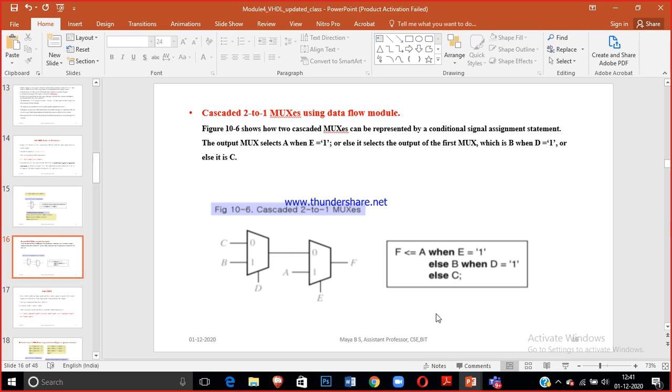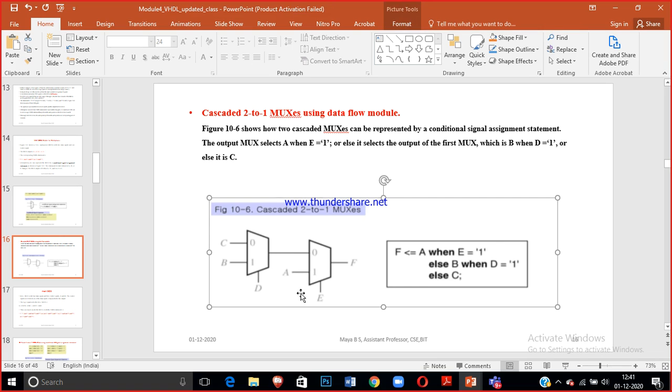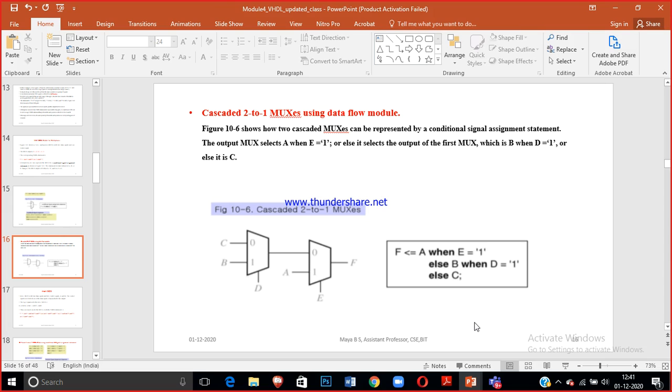That is what I am writing in this code. F is less than or equal to A when E is equal to 1, else B when D is equal to 1. If the D value is 1, the answer is B, or else it is equal to C. Okay, this is called cascading of two